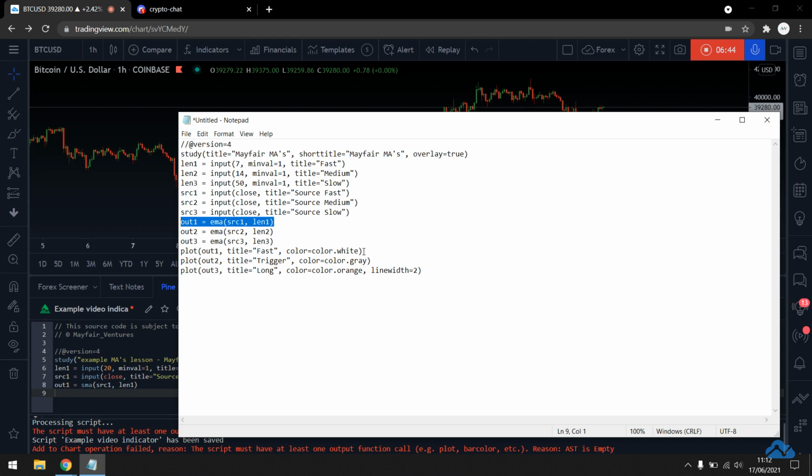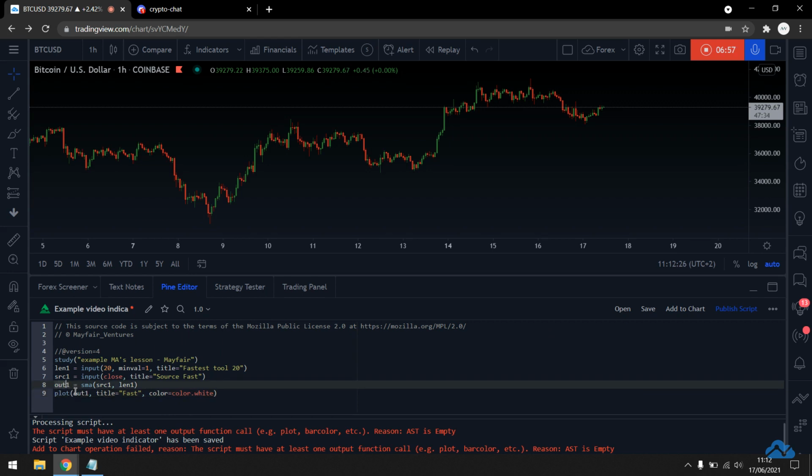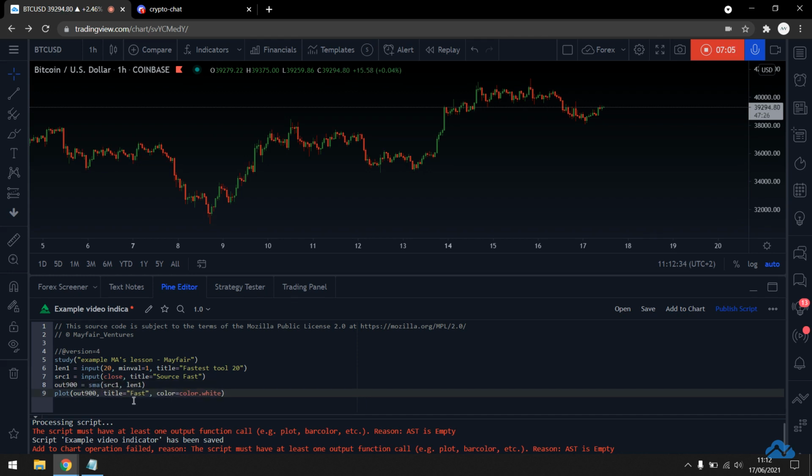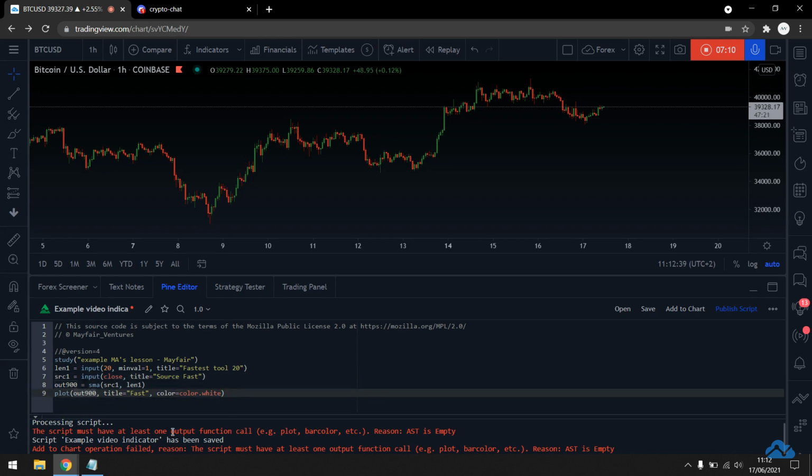Now, the next step is to plot this. All I'm doing here is coming into the plot situation of I want to plot the SMA, which is the out one as I've called that. If I change that to out 900, then all I'd need to do is change this to out 900. Whatever I call this is what I'm looking to plot there. At this point, I'm going to call this something else like plot one, and I'm looking for the color to be white.